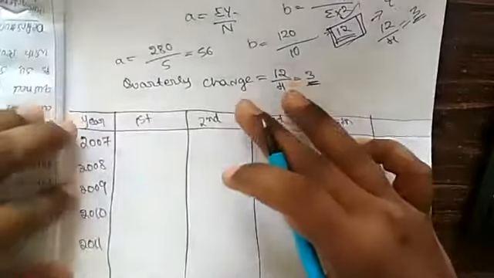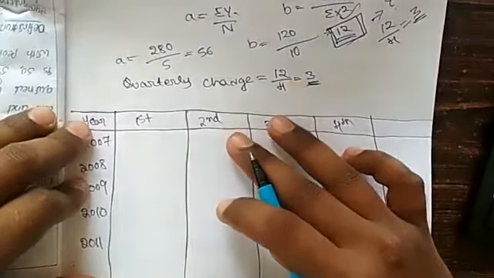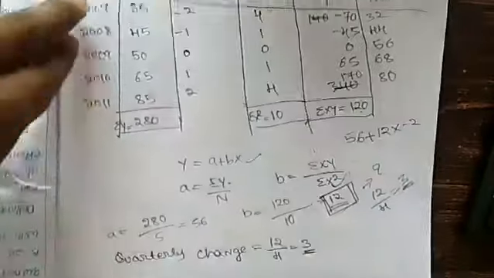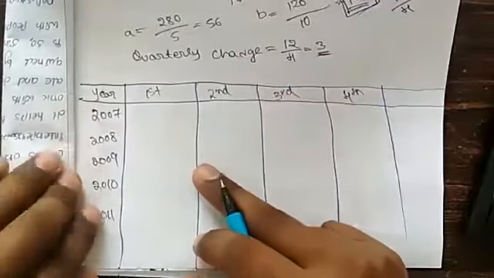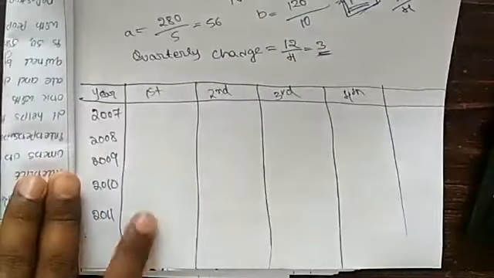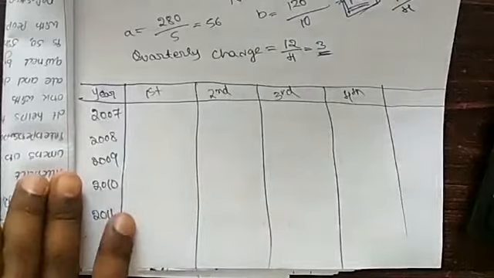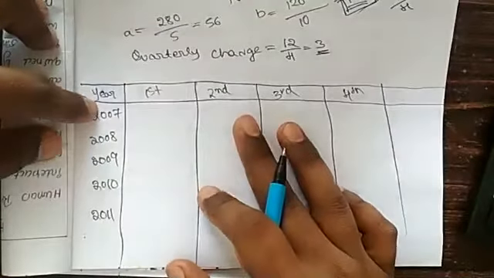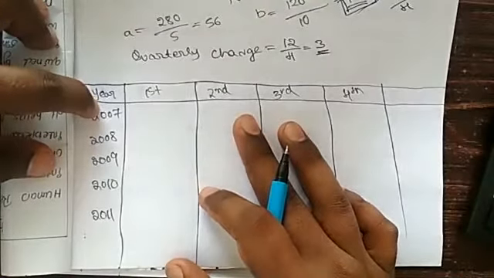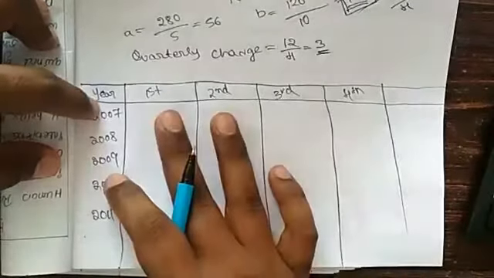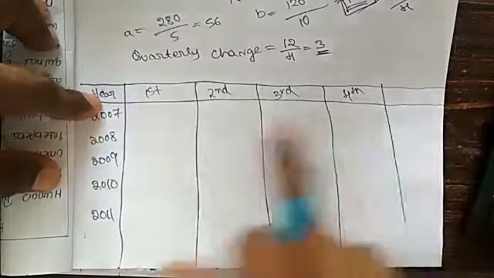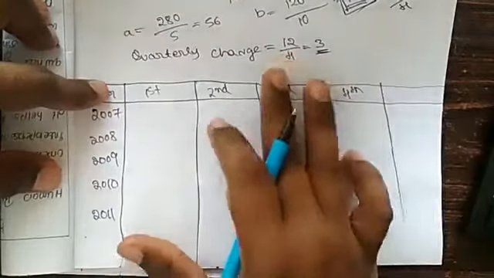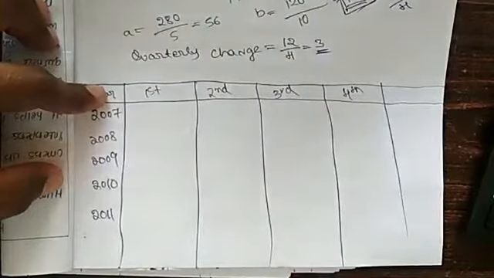In the first, we transform quarterly data into annual to find out trend values. Now we are again calculating quarterly trend values, year wise. First, I'll explain how to find out trend values for each quarter. Same rules will apply for monthly data. If it is monthly, then you have to find out for 12 months. We have 4 quarters, so find out quarterly trend values.